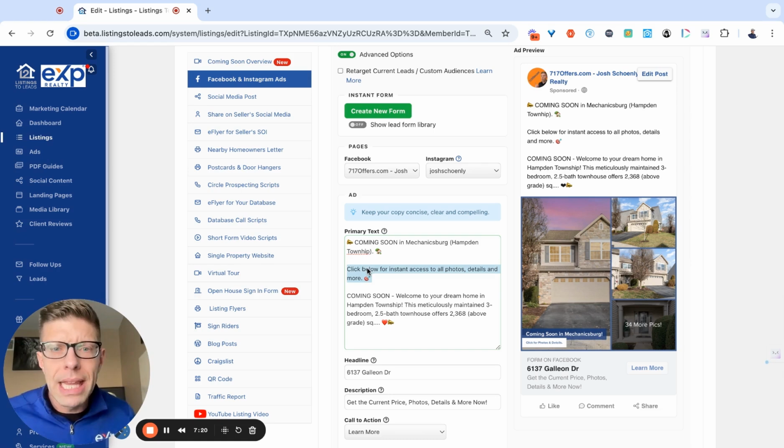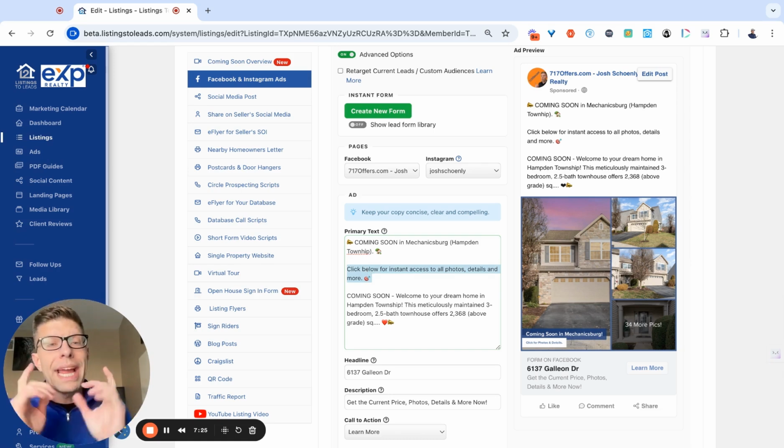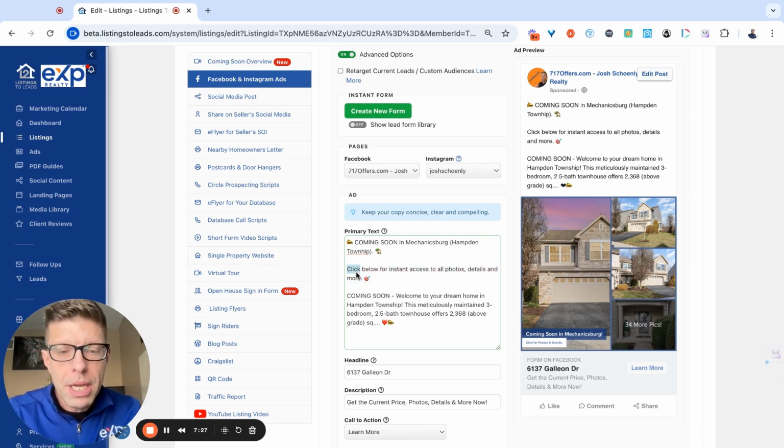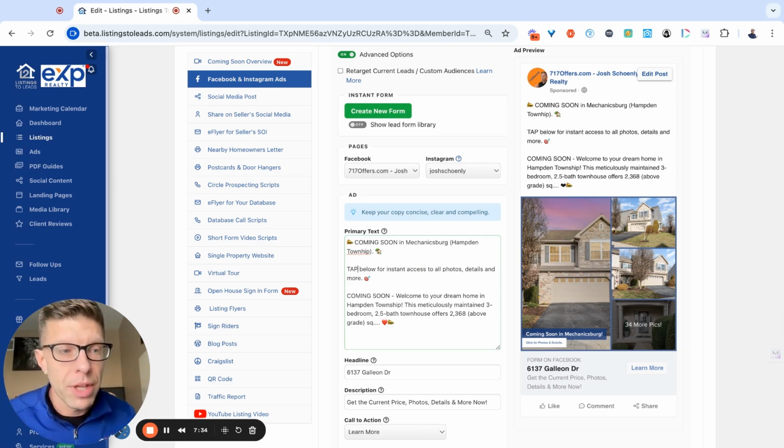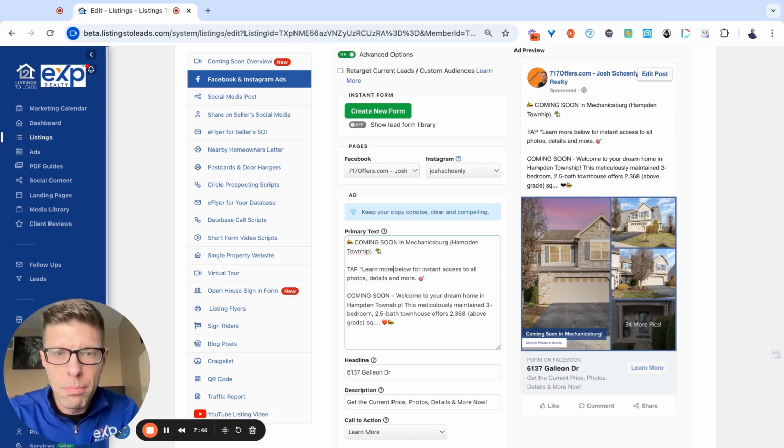The next line says, click below for instant access to all photos, details, and more. And here's what I'm going to change it to, because the majority of the traffic that's going to see these will see them on their mobile device. And on our mobile device, we don't really click, we tap, okay? So I'm going to change the word to tap below for instant access. And I might even add tap learn more below. For instant access to all photos, I'm going to add in floor plans,